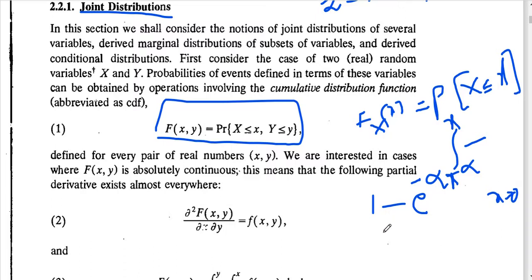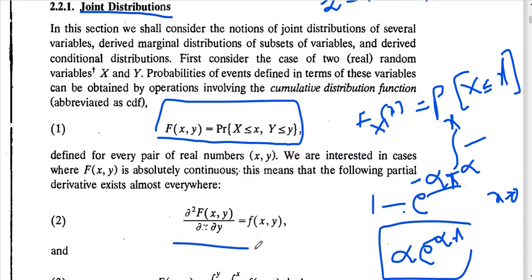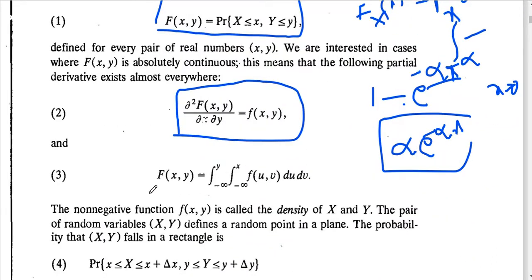Now what we need, you can just differentiate the CDF, then you can get the PDF. Here the constant is 0, the minus symbol is there, e power minus lambda x, with minus into minus giving plus, so you have an extra lambda. So lambda into e power minus lambda x is the PDF of the exponential distribution. When you differentiate the CDF, you can get the PDF. This is the formula.